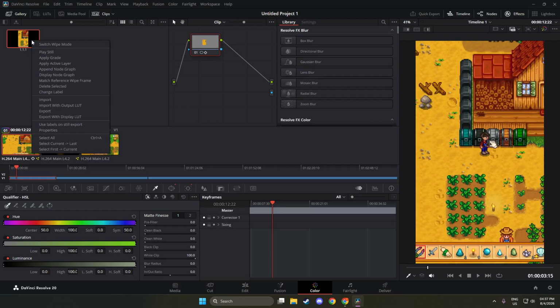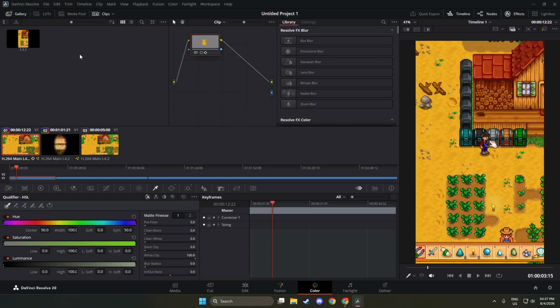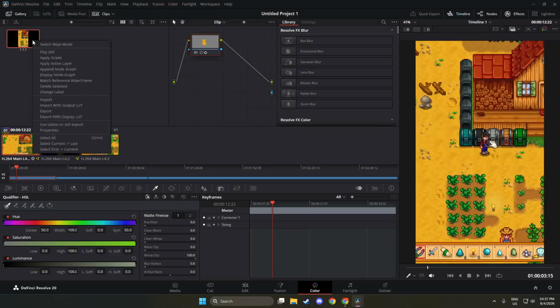When you right-click it, another context menu appears directly over or next to that thumbnail. This menu contains several options for working with stills, including the export option you need. From that menu, select Export. As soon as you click Export, a system file browser window opens. This means DaVinci Resolve is ready to save the still as an external image file on your computer. You will not need to do anything else inside the color page for this export.